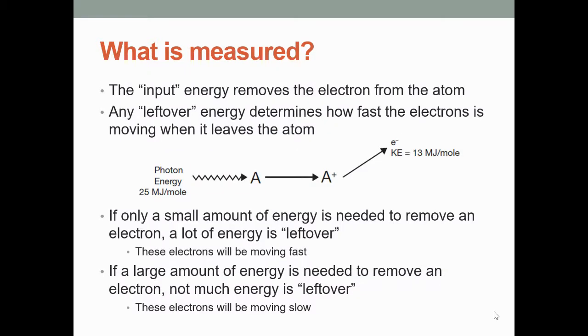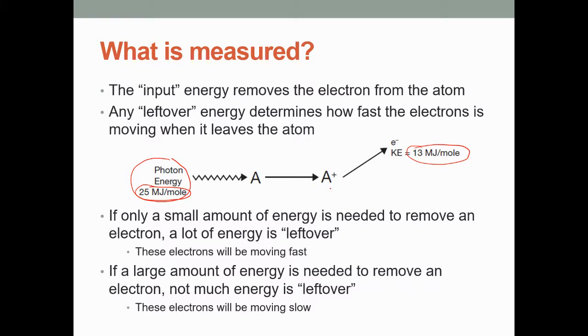And when a photon of a certain energy hits an atom, it ejects an electron off of that atom, making an ion. If the total energy was 25 megajoules per mole hitting the atoms, and the electrons are measured to have a kinetic energy of 13 megajoules per mole, then how much energy did it take to remove that electron from the atom? Well, we simply subtract 25 minus 13, 12,